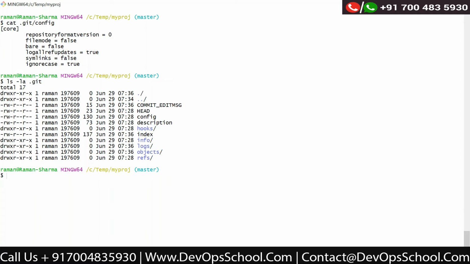So for each version, it takes a snapshot. For example, file 1 has 3 lines, so this is snapshot 1. In version 2, the same file has two extra lines, so it will take a snapshot of those 2 lines. Okay, thank you. Anyone else has any question?